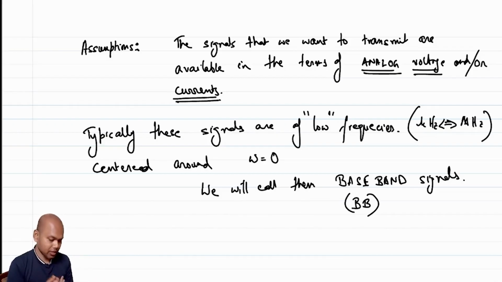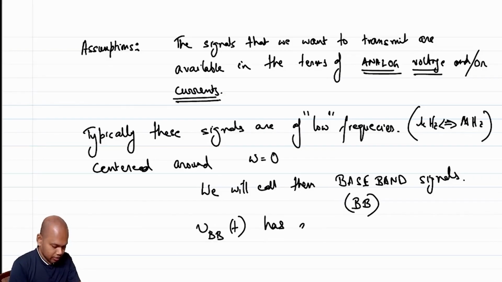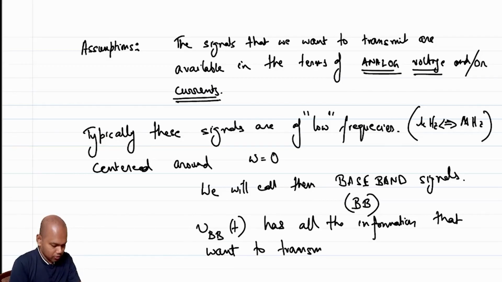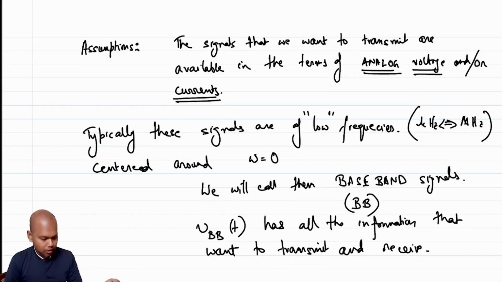Okay, so now these baseband signals, which are the signals that we want to transmit, have all the information, right? So again, this VBB has all the information that we want to transmit and receive. Okay, so now, given that these voltage waveforms at some kilohertz to megahertz range are available to us, and I want